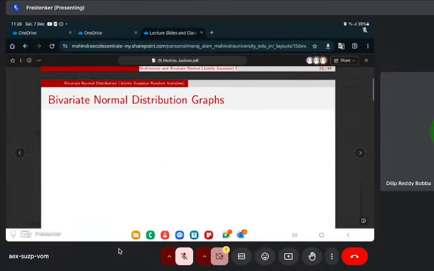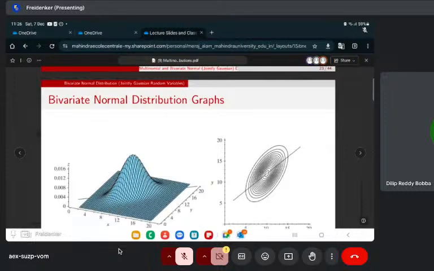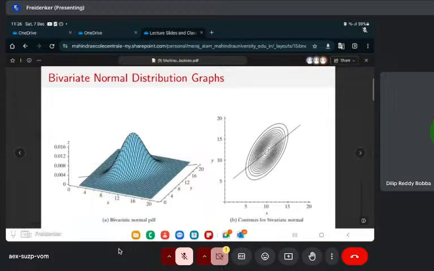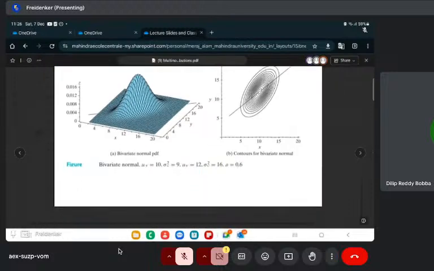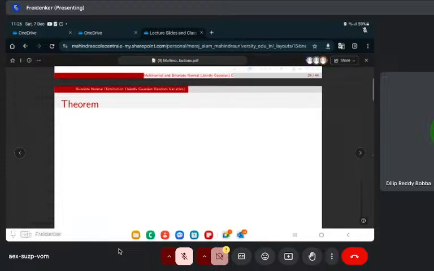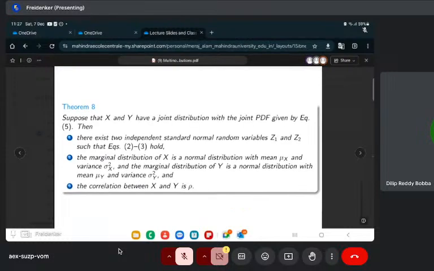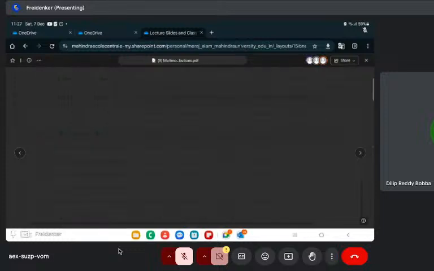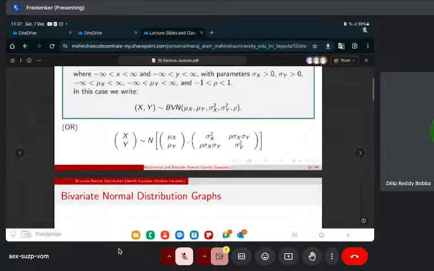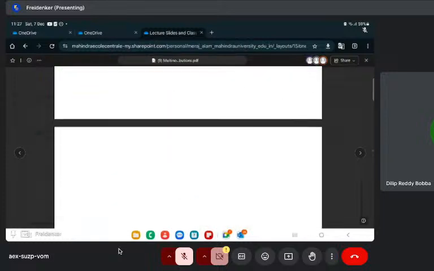If it's a function of one variable, you can just represent it in a 2D Cartesian plane. But if it's a function of two variables, then you will need a 3D graph. So you have 3D graphs. Okay, theorem. So we have properties, theorems, and so on. If x and y have a joint distribution with joint PDF given by equation 5, which is the BVN joint PDF,